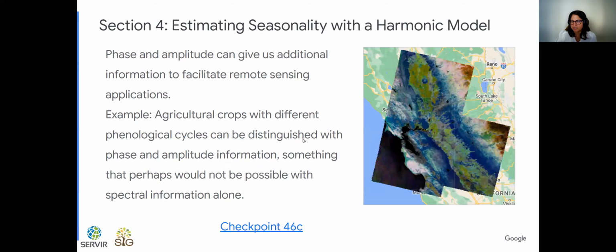And we're calculating phase and amplitude as well, because it can give us additional information to facilitate remote sensing applications. So agricultural crops with different phenological cycles can be distinguished with phase and amplitude information, something that perhaps would not be possible with just the spectral information alone. So, different crops will have different phenological cycles. They have different harvest times. Sometimes they're double crop, sometimes not. So calculating phase and amplitude for that is really valuable, because with just spectral values, we're probably not able to predict these different crops. So let's go ahead and go to checkpoint